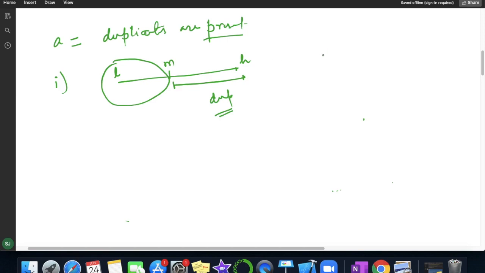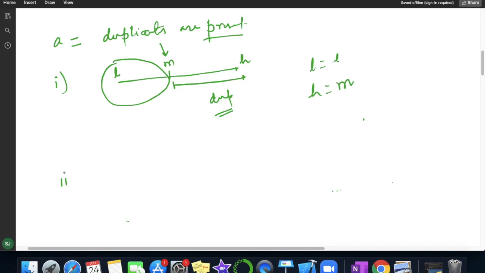For this section my low will stay the same, and my high will be moved to here, because we have to check only in this section. So high will be changed to mid.